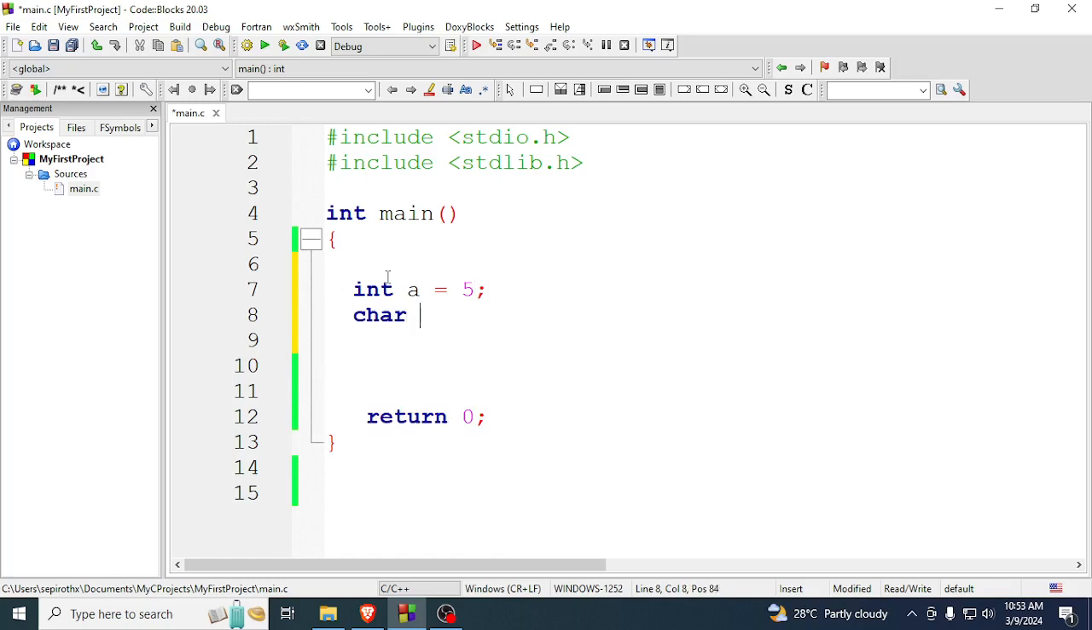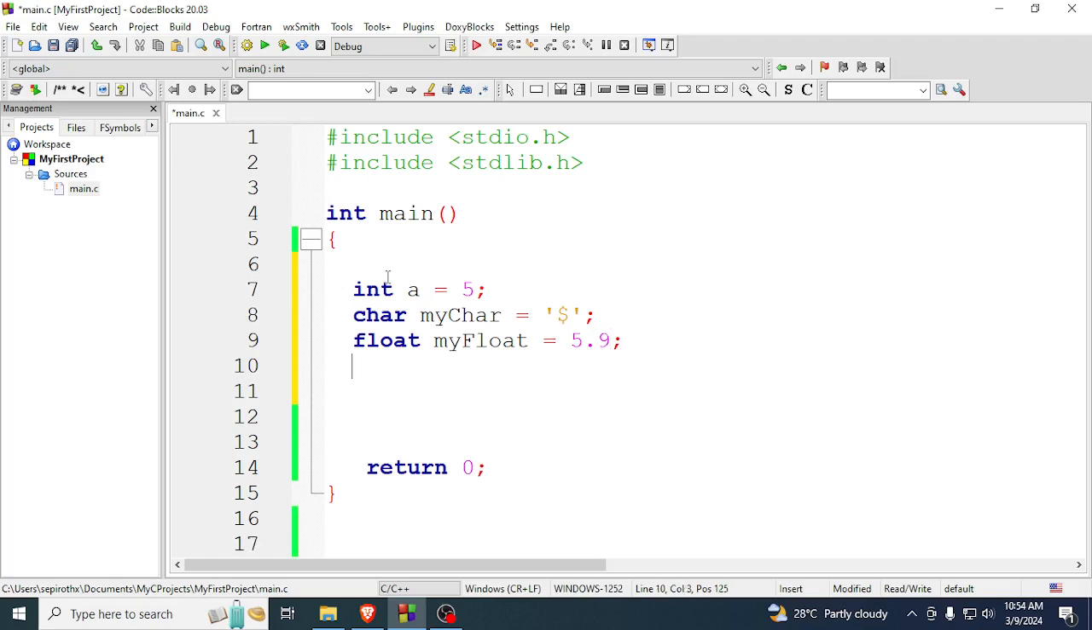And how about the character? Then my character, and for character data, it should always be enclosed with a single quote. So you can write any symbols here, but for this example, I'm going to write the $ sign and then end the statement with a semicolon. And next one, let's use float. For floating value, we can assign data that is having a decimal point. Let's say for example 5.9, like that. And also we can have double. Alright, so my double equals